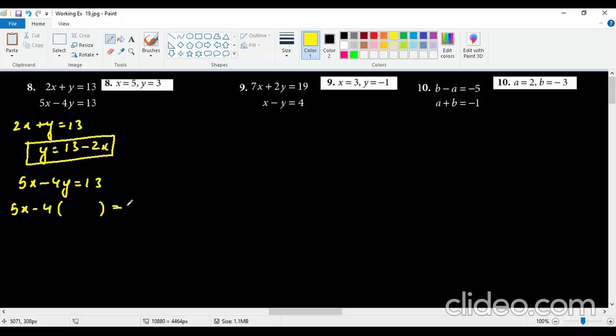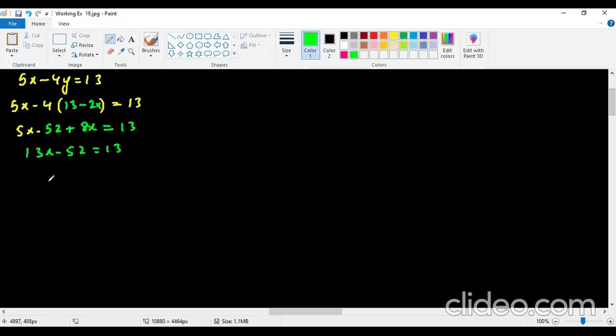So 5x minus 4, and in the bracket I will write the value of y, which is 13 minus 2x, equals 13. So 13 times 4 is going to give us 52, and minus times minus is a plus. 4 times 2 is 8x. This is going to give us 8 plus 5, which is 13x, minus 52 equals 13. So in here, I'll keep 13x as it is over here, and 13 plus 52. That means 13x is equal to 52 plus 13, which is going to give us 65,